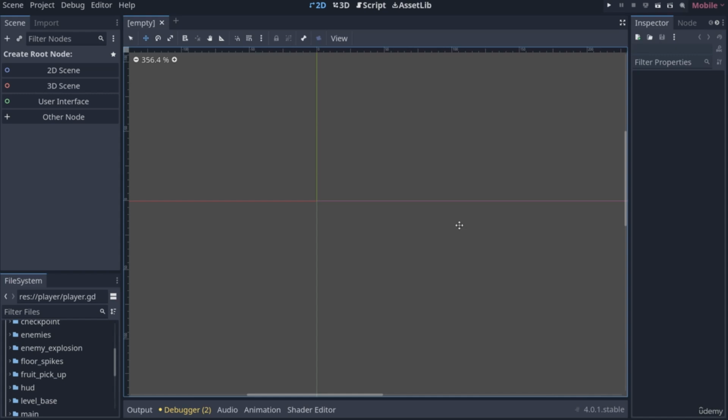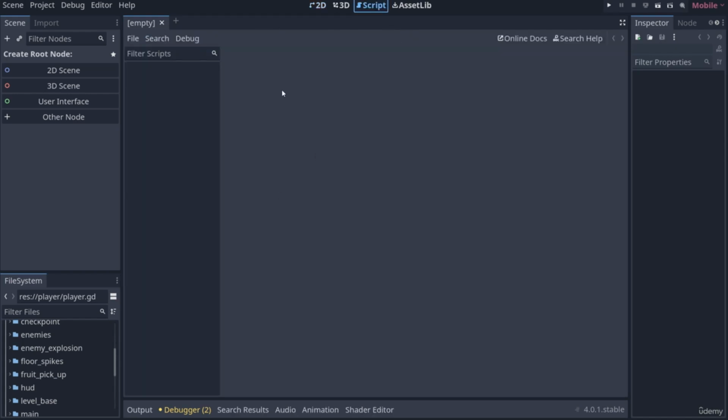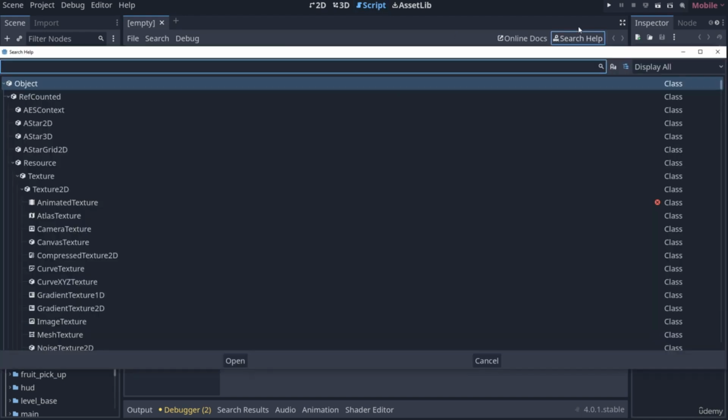There is actually built into Godot a way to completely pause the game, and what I'd like to do in this video is swap out the timescale thing that we do for the actual pausing mechanism that's built into Godot, so you can then choose which one you prefer to use. We can take an initial look at this by going into the script view in the interface, and by the way, I've closed all scripts and everything. Inside the search help, I'm going to type paused,